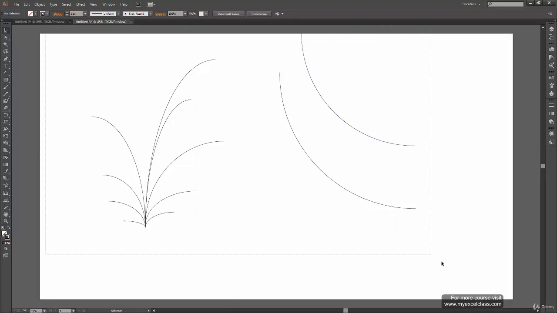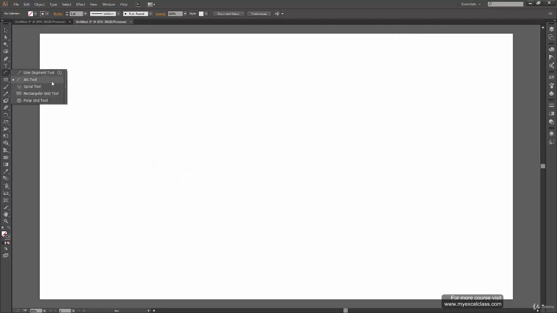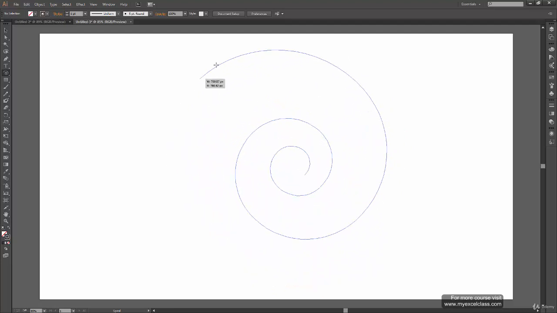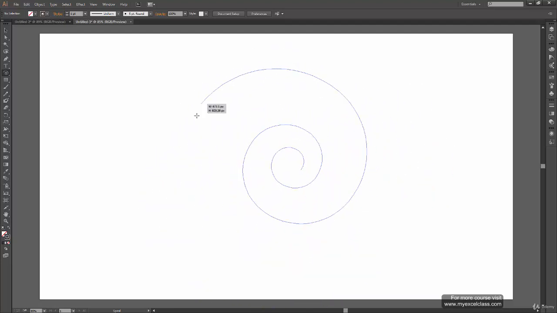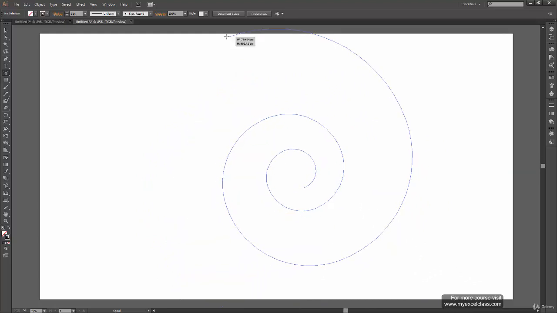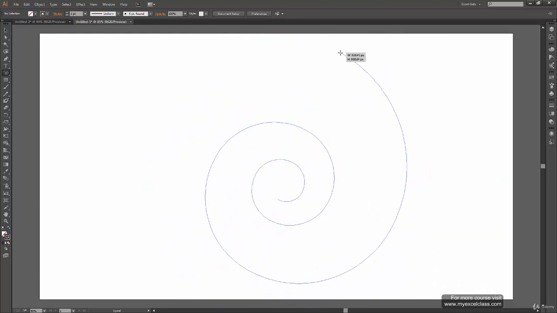Okay, so after learning the arc tool, what we can do is look into the spiral tool. Again, for selecting the spiral tool, left click and hold, and when you have this window open, just left click on the spiral tool to select it. Alright, so to draw a spiral, you can just left click and drag, and as you can see, you can rotate around and make any shape you want. And when you feel like the spiral is okay, you can release your mouse